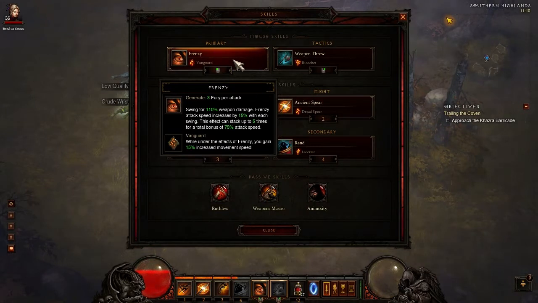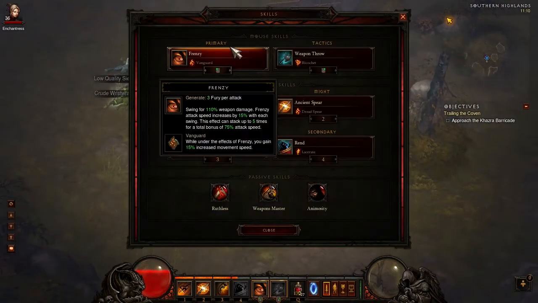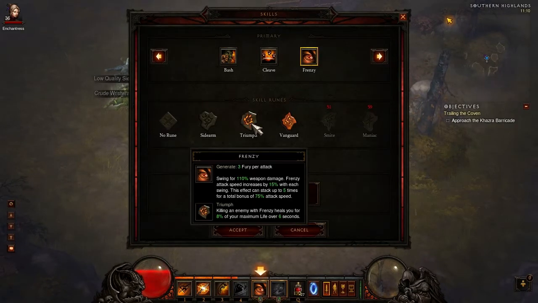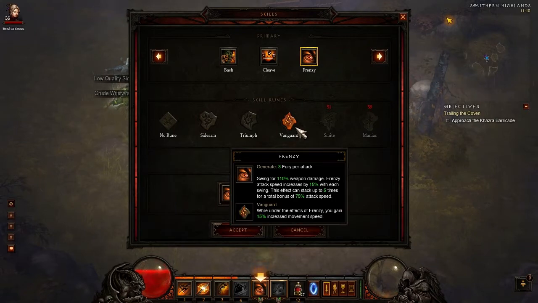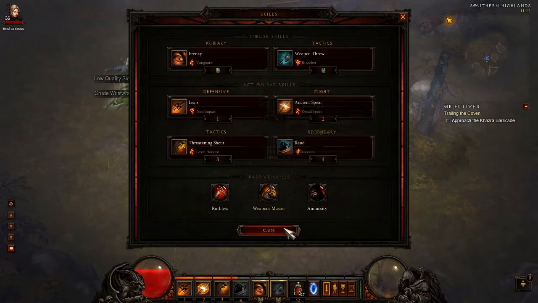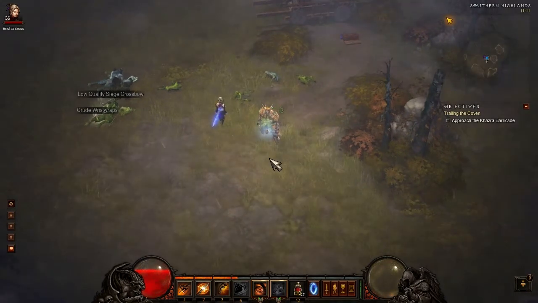Essentially for my primary attack, I use Frenzy. As a rune for Frenzy, I use Vanguard. While under the effects of Frenzy, you gain 15% increased movement speed. Now, why Vanguard? Why, for instance, not the healing rune, such as Triumph? Why not Sidearm, which increases my damage output? Well, because whenever I engage with the enemy and the situation is quite difficult